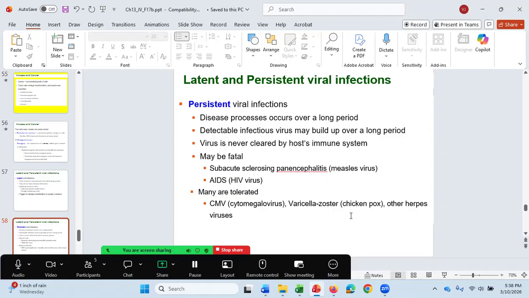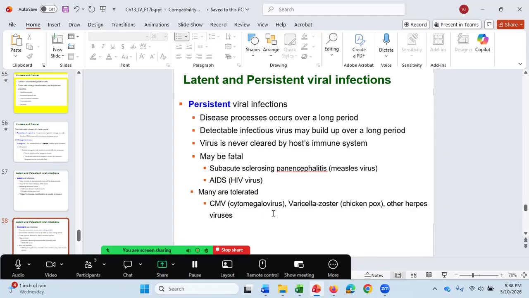some other herpes viruses. I'll talk about chickenpox in just a minute. When a patient gets it, if they are always shedding the virus and the virus is always replicating, it's because the virus has become persistent and the patient has tolerated it. With cytomegalovirus, it usually does build up over time, but then it plateaus out, and then you're just always shedding